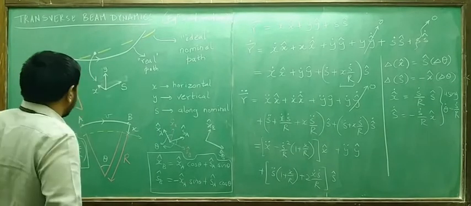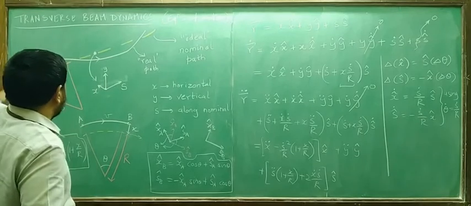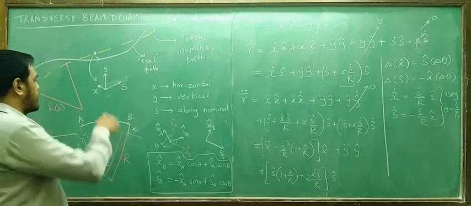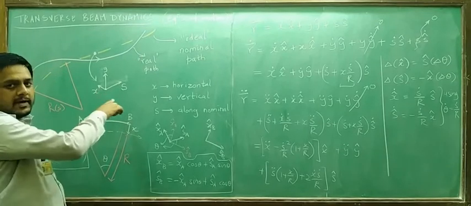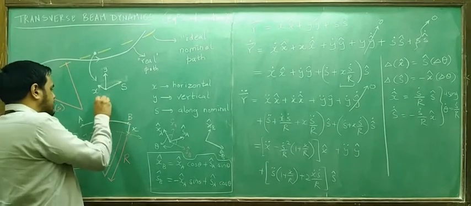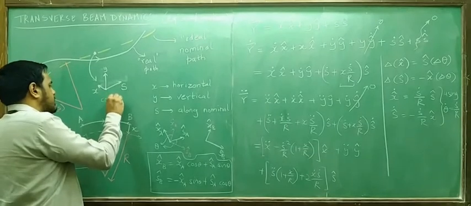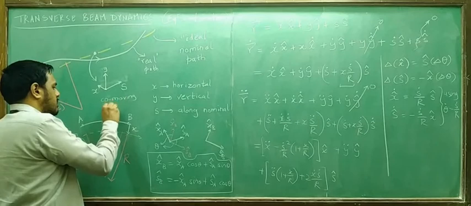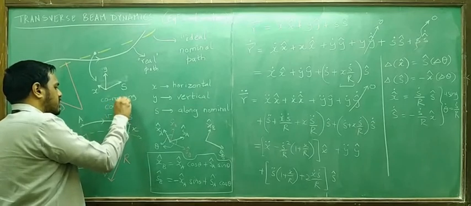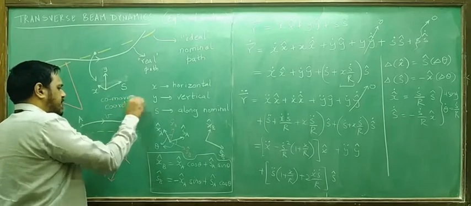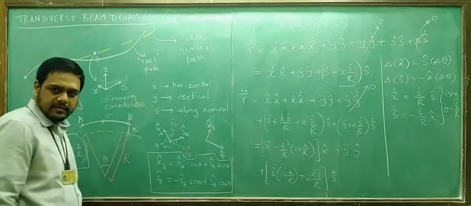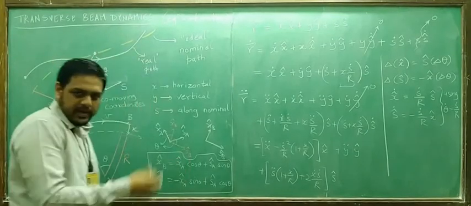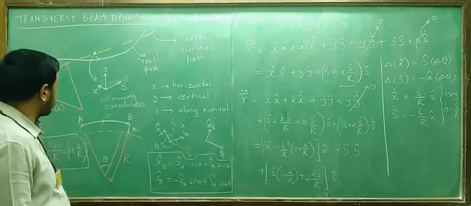Basically what we did was, we said the actual path deviates from the nominal path, and to describe this deviation we introduce a coordinate system. This is a co-moving coordinate system, and something which I probably omitted to mention: what do you mean by co-moving? The coordinate system moves along with the particles. So that is what we said, that train is moving along with the car. That's what we meant. It's a co-moving set of coordinates.